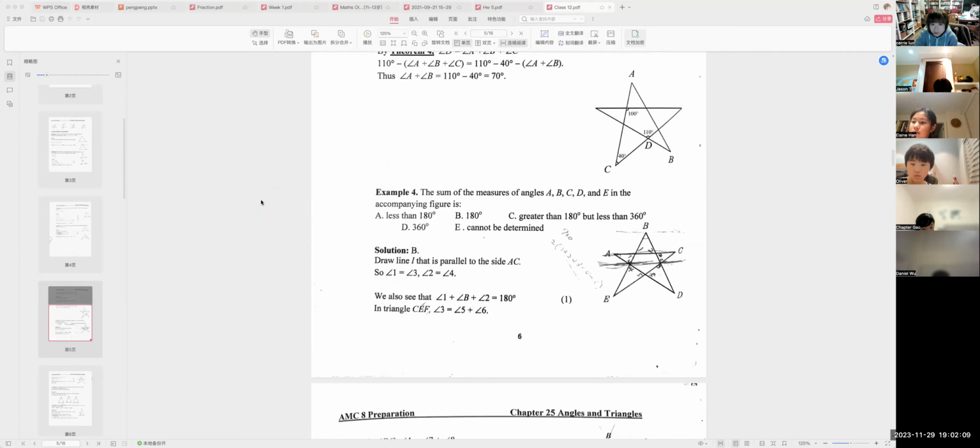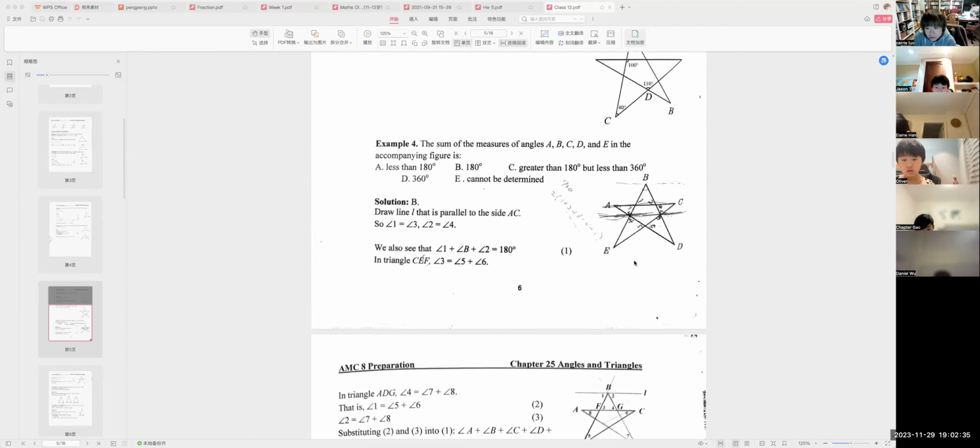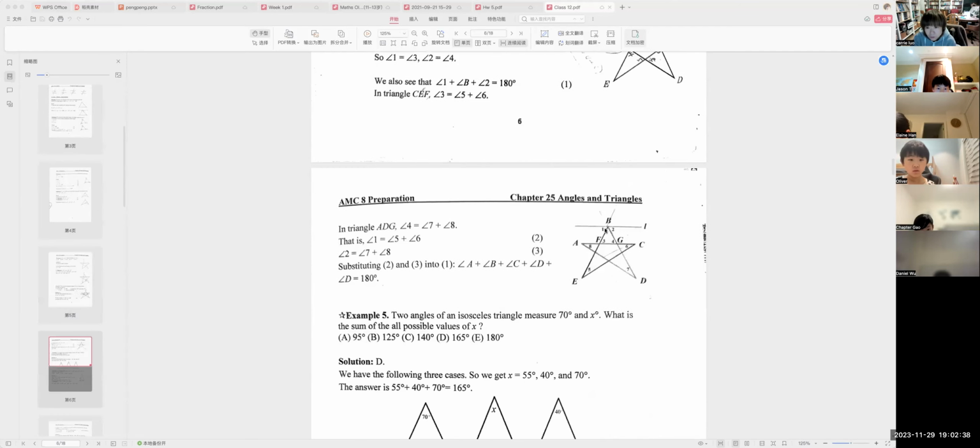So let's take a look at number 4. The sum of the measurements of A, B, C, D, and E in the accompanying figure. A is less than 180, B is 180, C is greater than 180 but less than 360, D cannot be determined. The answer is 180. Why? Because if you draw a line parallel to AC, you find that angle 1 plus angle B plus angle 2 equals 180, right? In the triangle CEF,